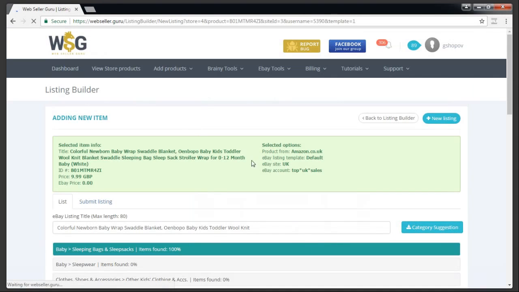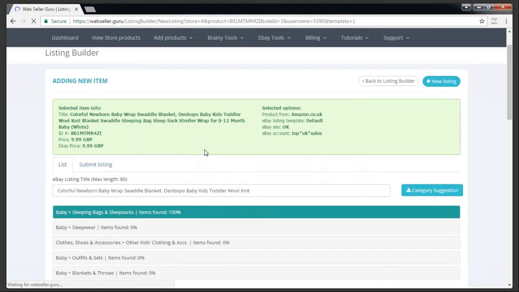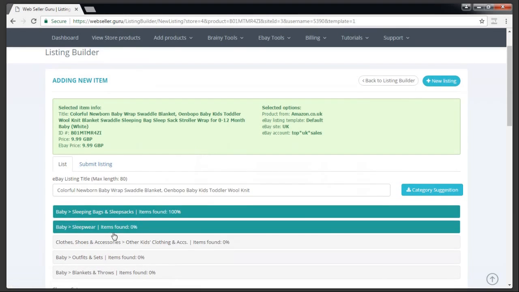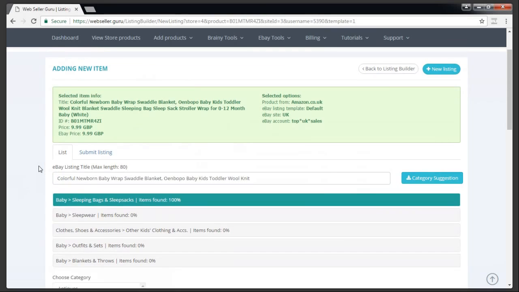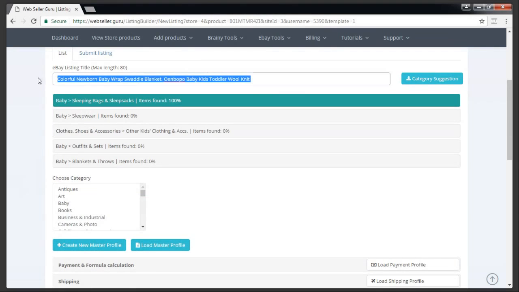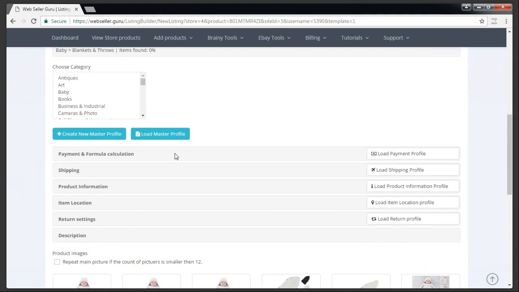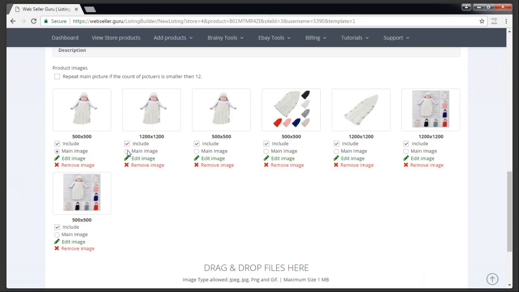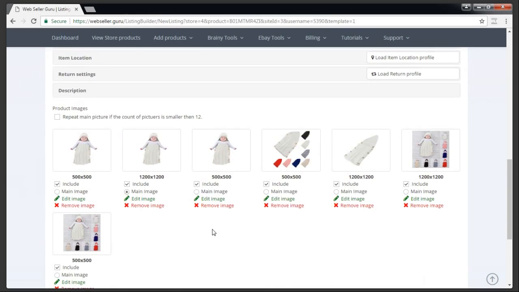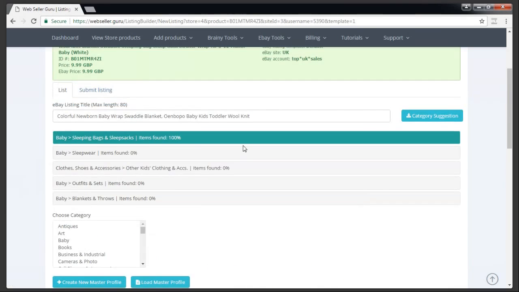Pressing next, Web Server Guru is going to download all the information, including the category, the name of the listing, and everything that you need. All the pictures, but you can see that they come with different dimensions. Of course, we would like to have the biggest one for a main image. For example, this one. You have to select it, and then